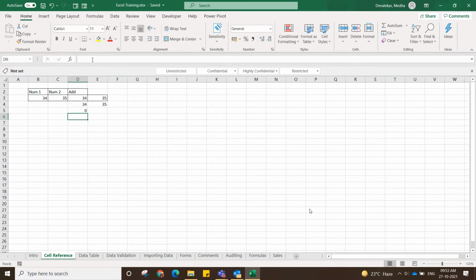Likewise, you can use the dollar sign based on your requirement to make a row, a column, or both constant, so that once you drag your formula from one cell to another, it acts as expected. Okay, understood?